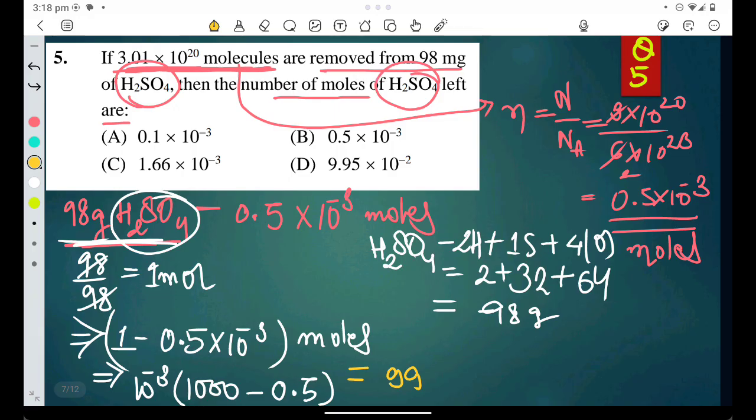It is really 1000. Yeah, 1000. I can simply write it as 9.95 into 10 to the power